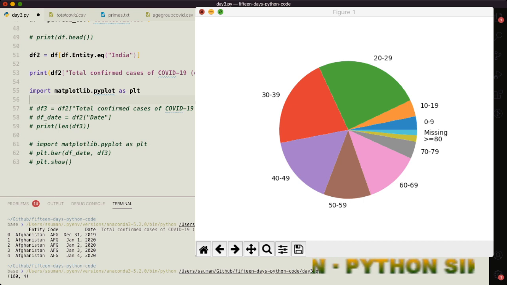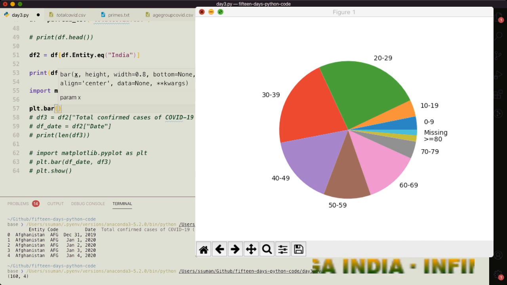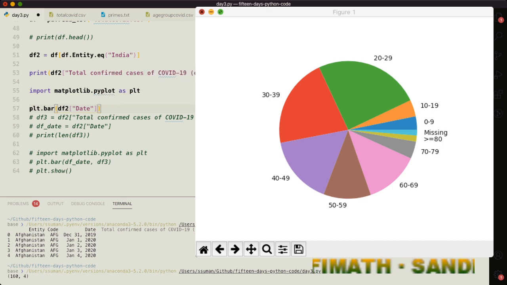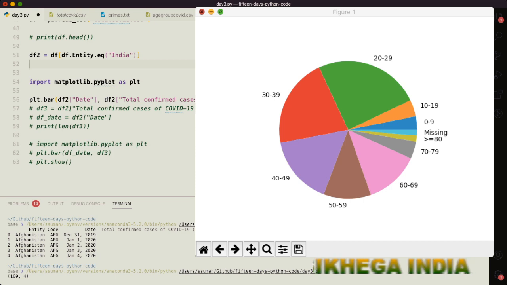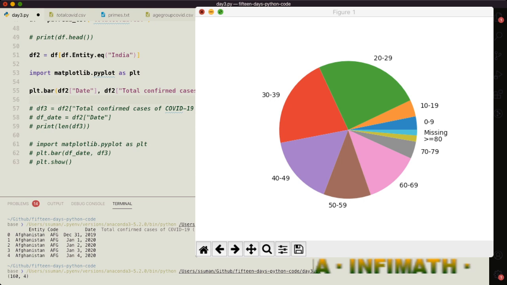So plt dot bar, a bar graph this time. On the x-axis we want the date, and on the y-axis we want the positive cases on that date. So Ctrl V, let's delete the things we don't require, and then plt.show.